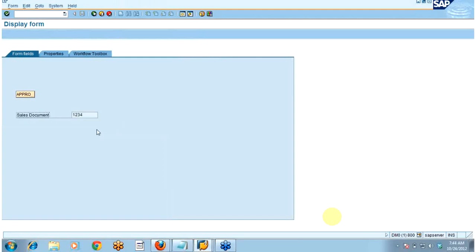So that module import data, what it does, it takes the value from the structure from the container and populates it to the structure of the form. This is what PBO does. And what does PAI do? In PAI, the value which is present in the structure gets passed to the container. So I'm just reading that structure value, and I'm just populating in that LS sales, and I'm just modifying the database from this LS sales. So this 1 2 3 4 I will be receiving in PAI. So once I click on this approve button,